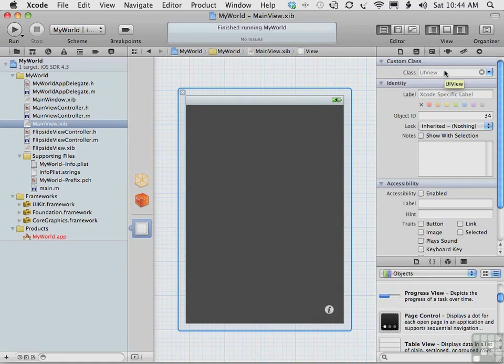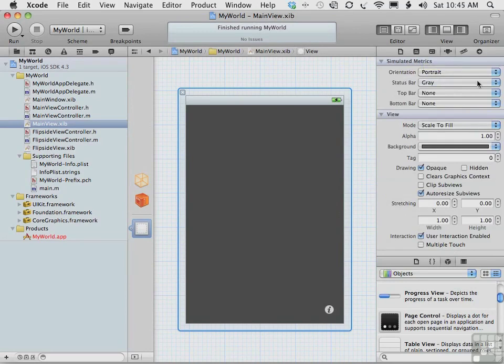UIView is an abstract superclass that provides concrete subclasses with a structure for drawing and handling events. The UIView class provides the common methods that you use to create all types of views and access their properties. Let's go back to the Attributes Inspector now that we have View selected, and we can take a look